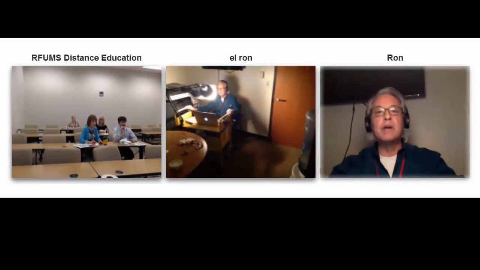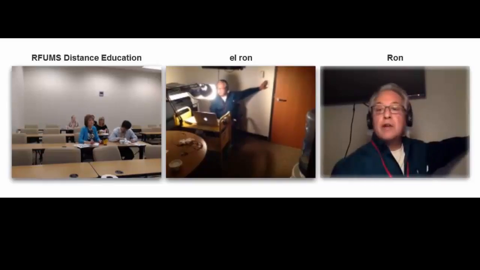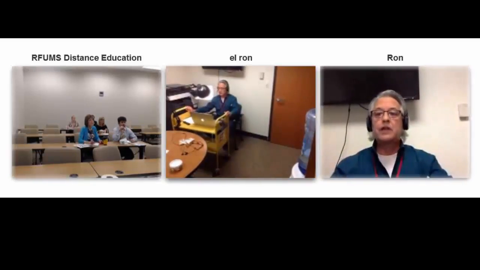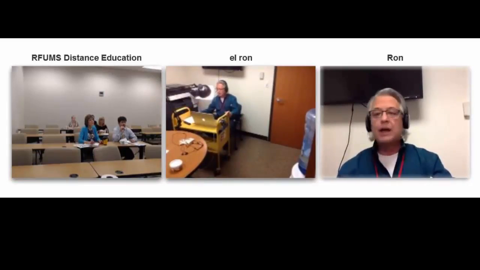So now you have a little bit better image. You can see that the screen cleared up a little bit. If you don't have enough illumination, you get a grainy image, and you don't want that. So I'm also going to turn on the overheads, and let's see what that does for us. So now you should have a lot crisper image. The problem is we now still have a little bit of a background,